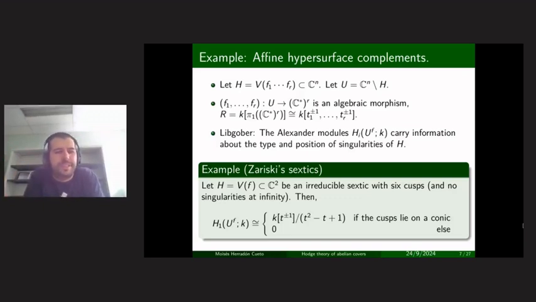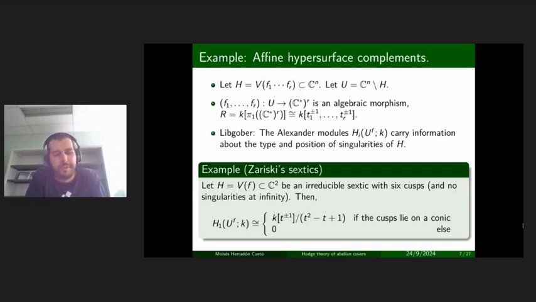One thing I should mention is that Zariski didn't use Alexander modules. He showed that the fundamental groups are different. They're not isomorphic. And I should say, the first Alexander module only depends on the fundamental group. So knowing the fundamental group is knowing strictly more. The first Alexander module is strictly weaker than the fundamental group.